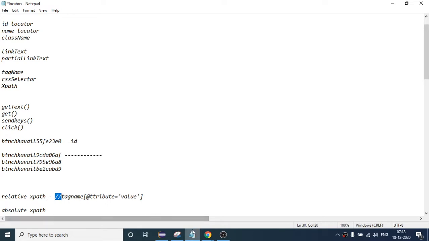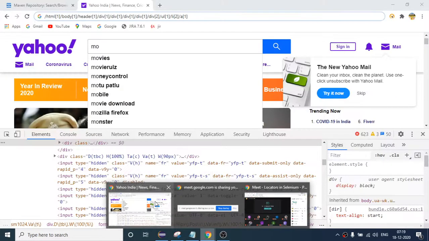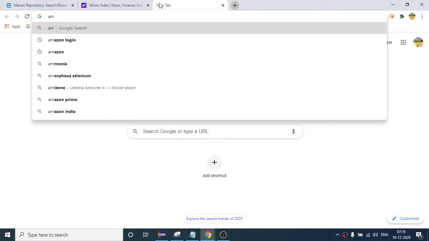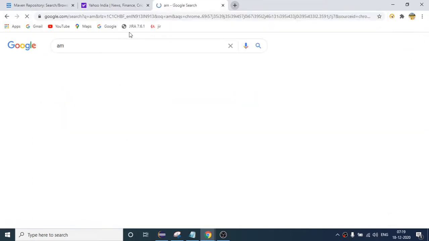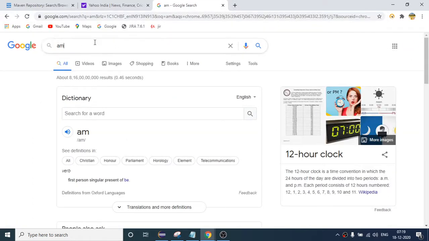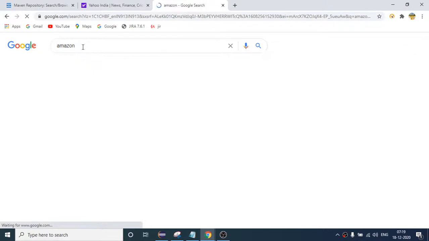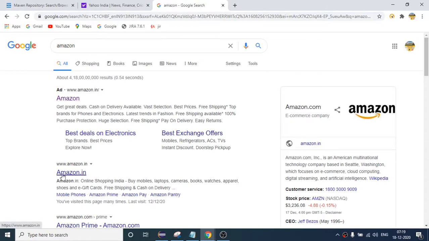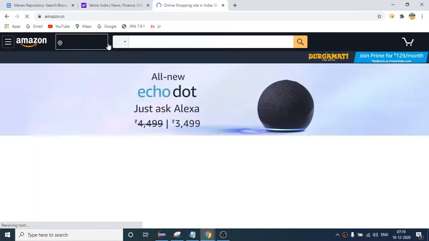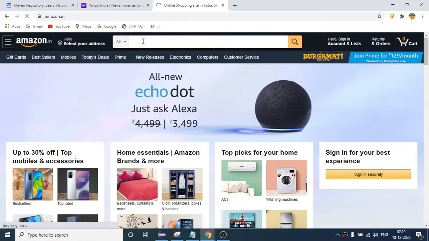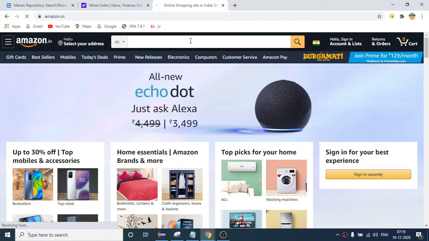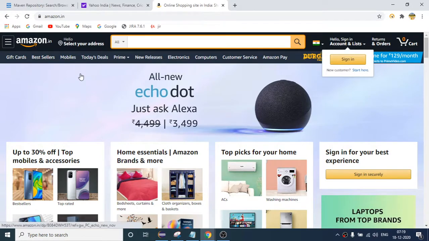Suppose I come to this website and want to enter some data into this text box. I think we have already done this, but today we will use XPath for it.